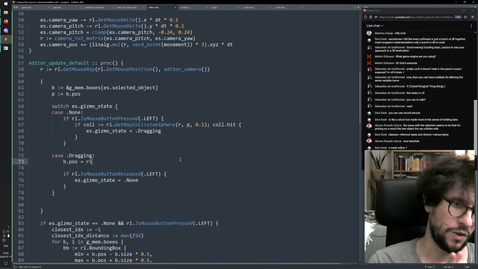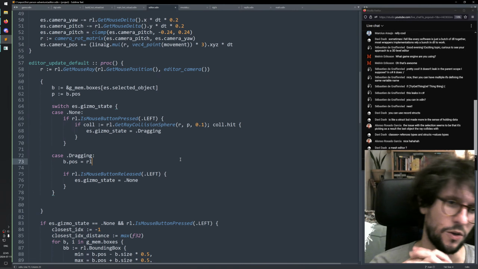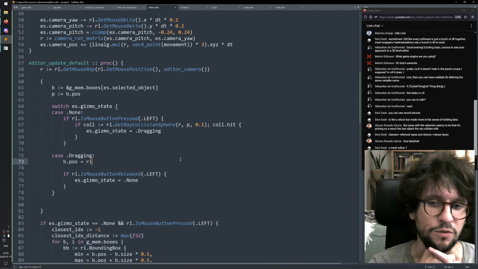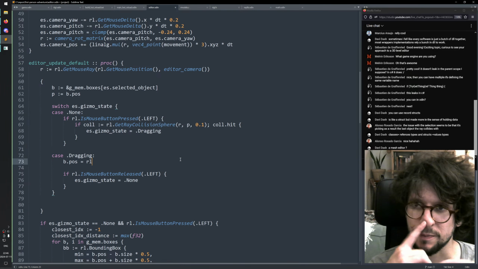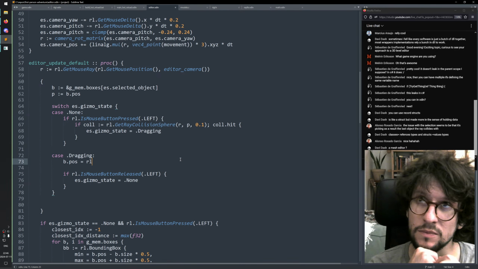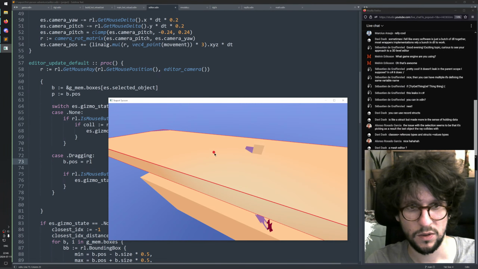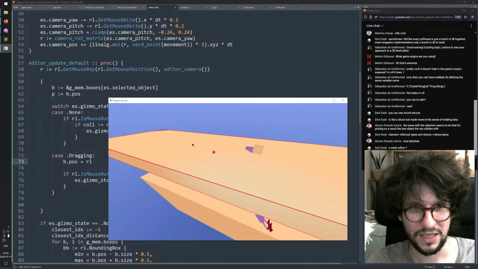And here comes sort of hello level 0. Let's just make it so that we move it along some axis. Maybe we can make it so that it moves in the